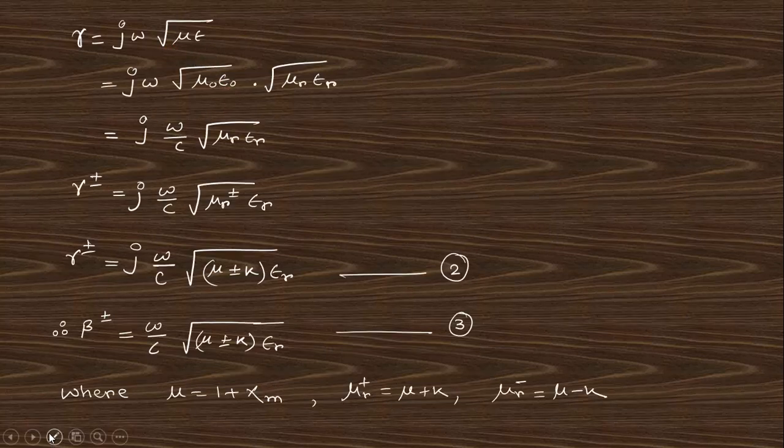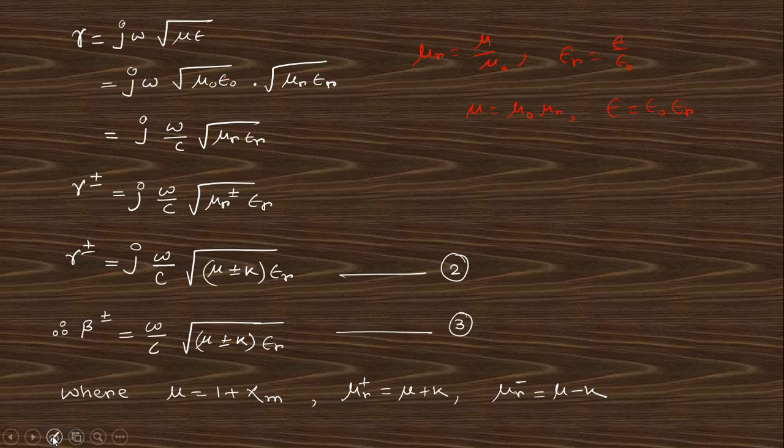And you know mu is related with the mu r, like that, you know this, that is the mu r equals mu by mu naught, and epsilon r equals epsilon by epsilon naught. So you can write mu equals mu naught mu r, and epsilon equals epsilon naught epsilon r, right? So if you put this, you will get the relation, and this is nothing but 1 by c. So finally you will get like that.